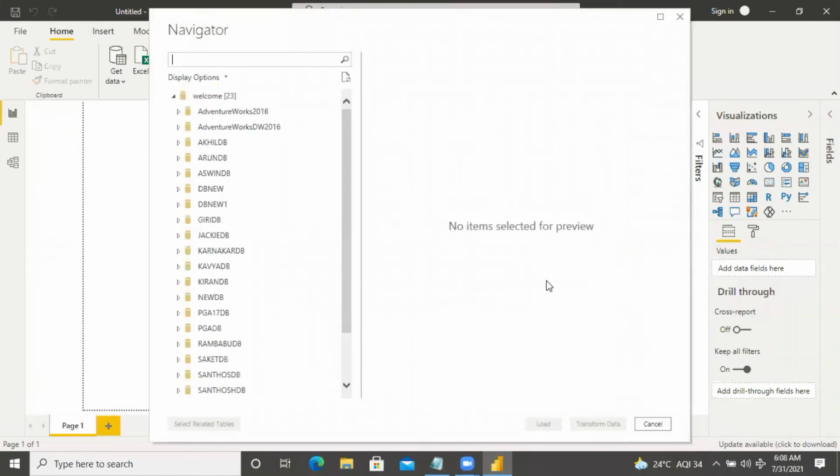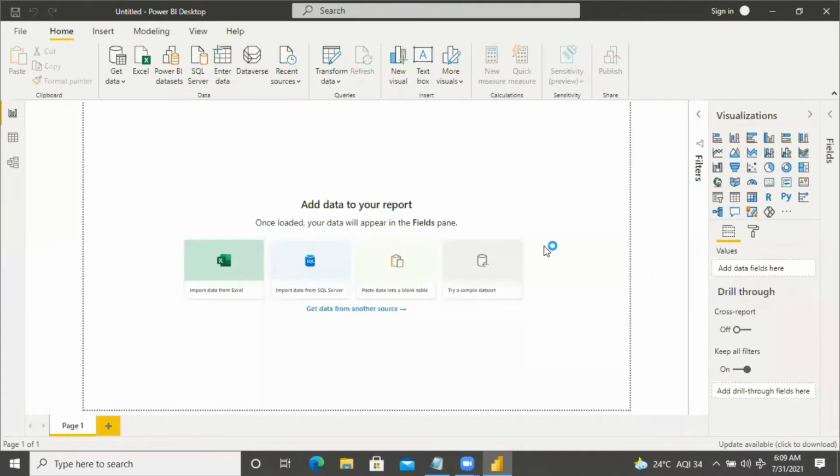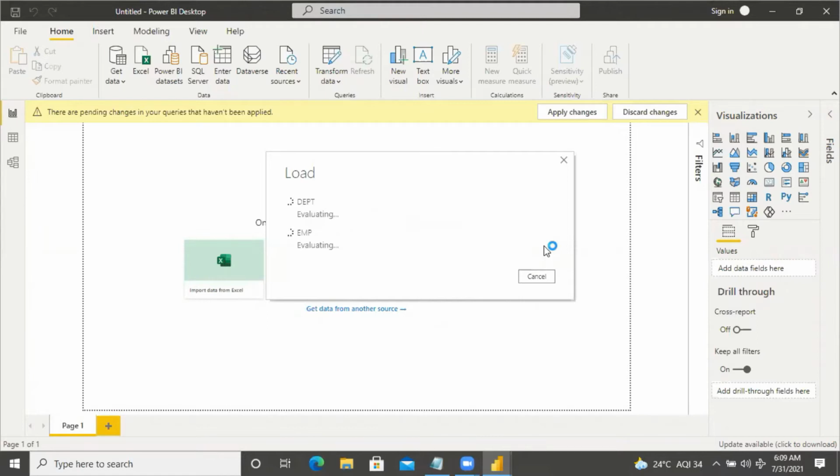If I take the EMP table and DEPT table, both tables have a common column. Using the common column, it will generate the one-to-one and one-to-many relationships. So here I'm selecting the DEPT table and EMP table, then clicking Load.